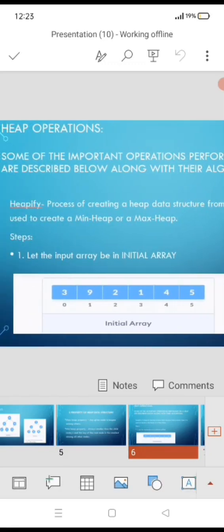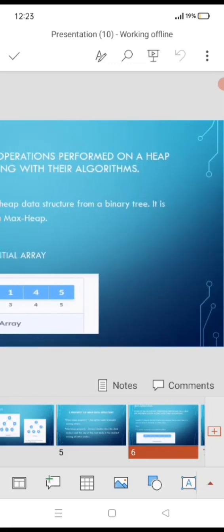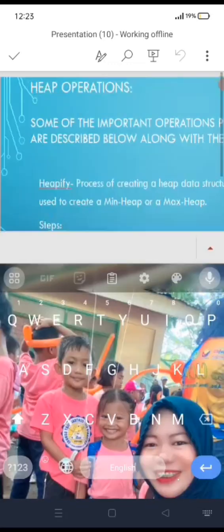So we see here from the first step that 9 is the largest among all other nodes, while in the tree, the value of 1 is the smallest among other nodes. So in the second step, we are going to